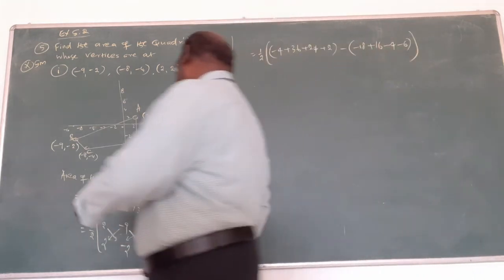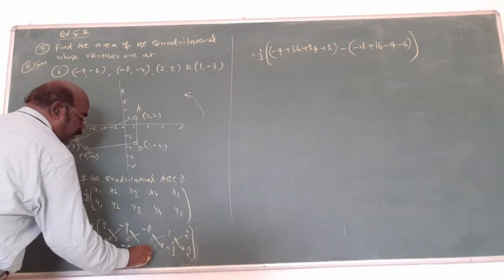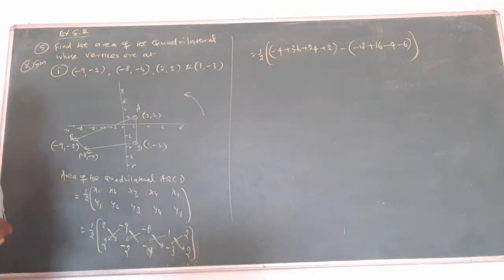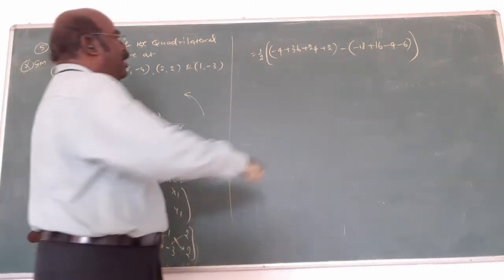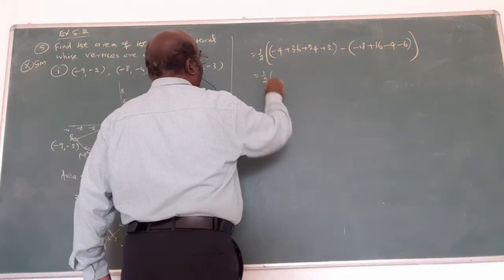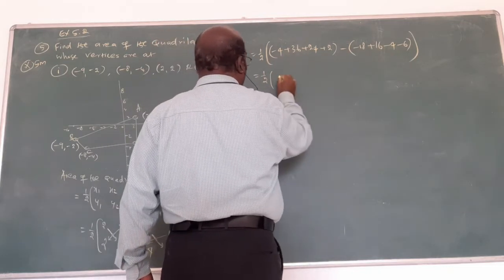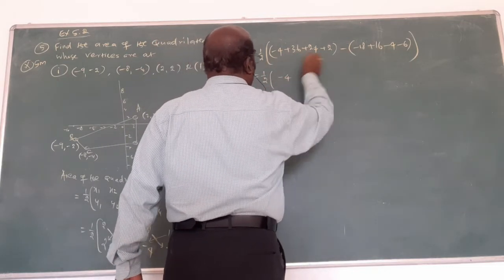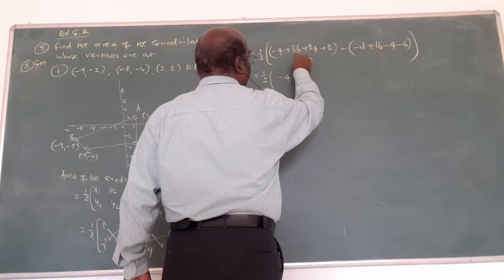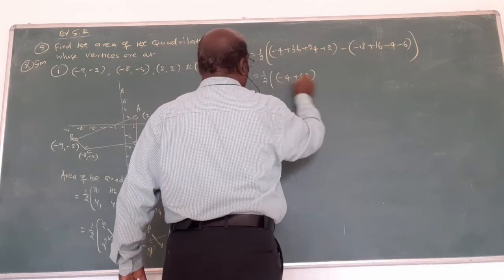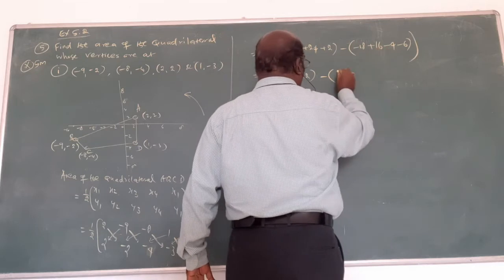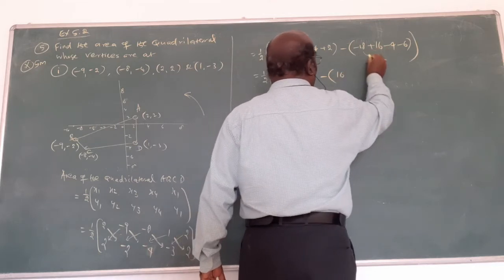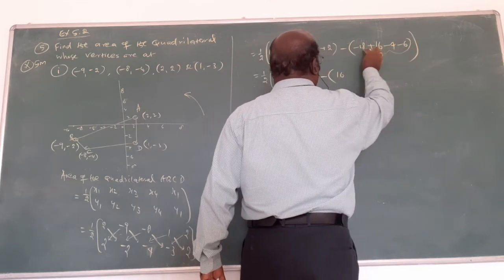In this way, you want to cross multiply. Write the numbers clearly. You want to multiply: minus into minus is plus. The same sign means plus, the opposite sign means minus. In this way, multiply, then you want to subtract or add. Consider all the positive values and add them. Adding all the negative values, minus 10, minus 20.